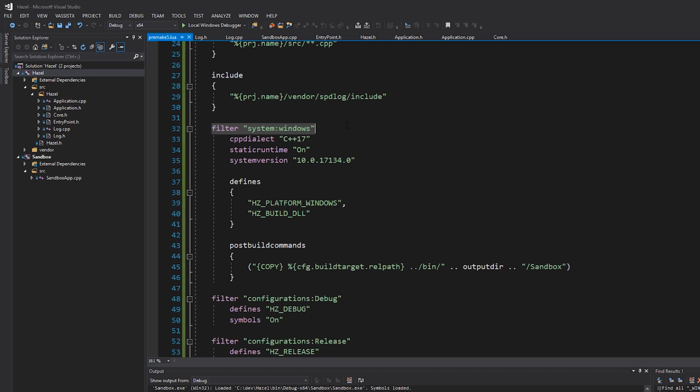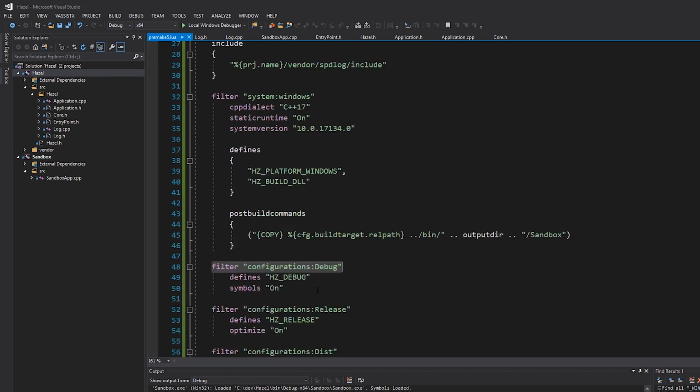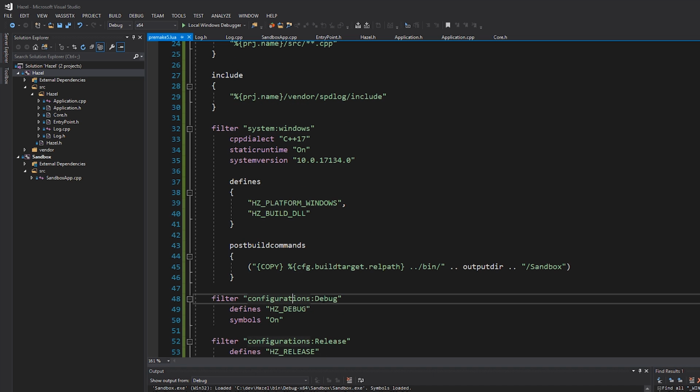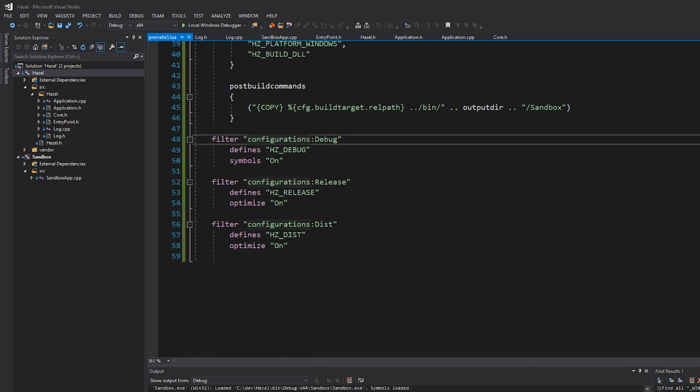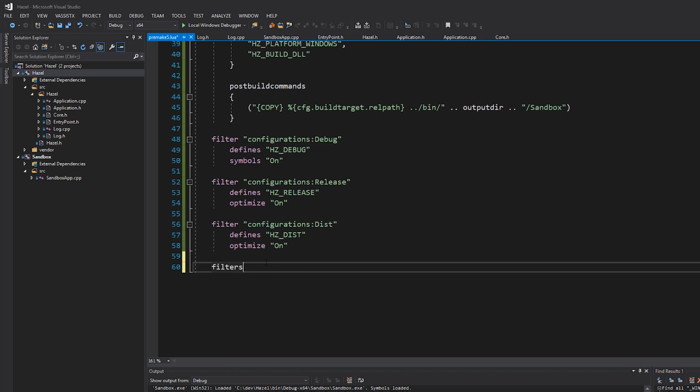Now, quick note, when you use a different filter like this, it's only this. This isn't now Windows and debug, it's just debug. If you want to do both, then you have to specify both of the filter options. So for example, what we'll do here is set it to use the multi-threaded library. So we'll just say filters. You can see I've typed in filter, but I've actually opened up a curly bracket here because I'm specifying multiple options. So basically for Windows and release, as an example,